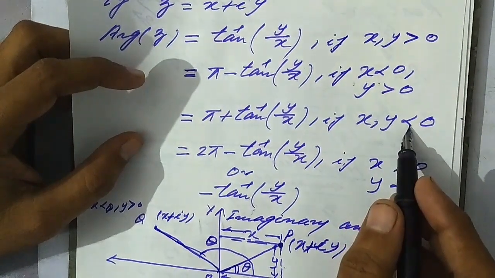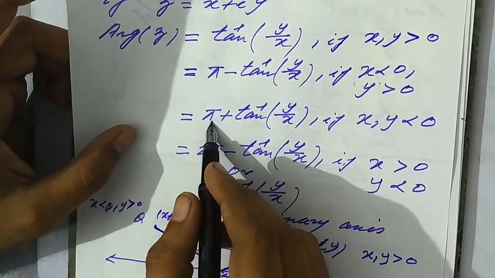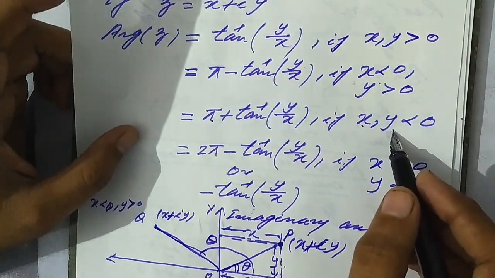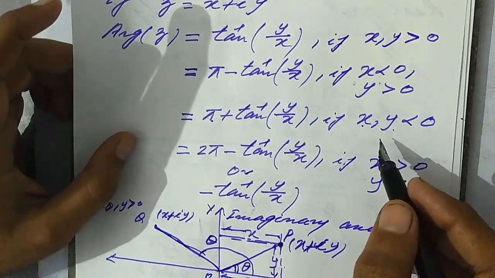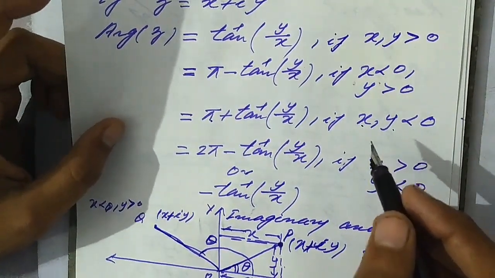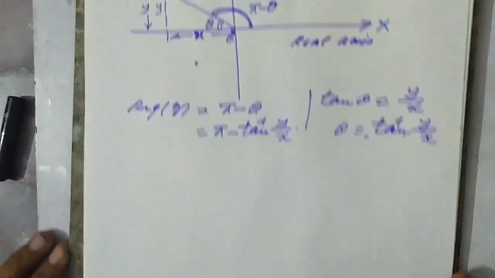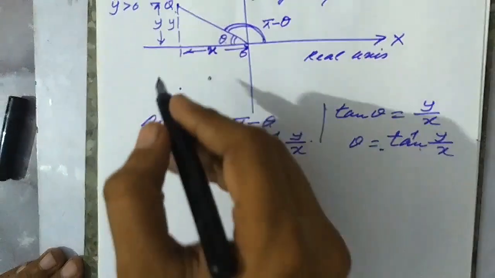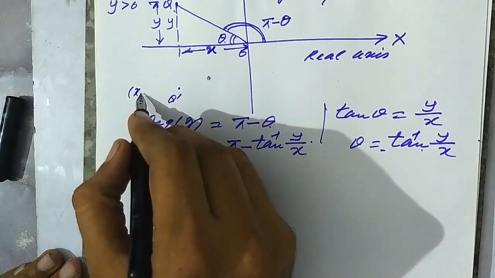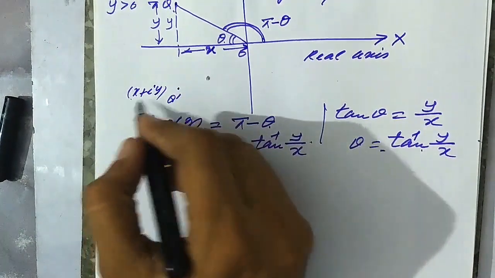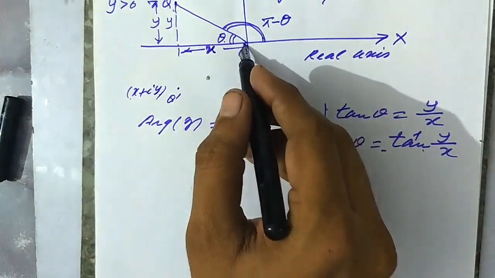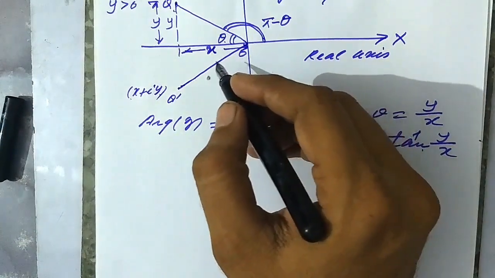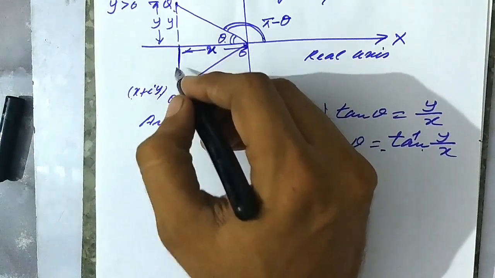x and y both are negative, and then argument z is taken as pi plus tan inverse y upon x, because if x and y both are negative, that means x plus iota y lies in the third quadrant, and if it is in the third quadrant, let it be Q dash, x plus iota y, where x and y both are negative. So x and y both are negative in the third quadrant, and if we join O and Q dash and drop a perpendicular from Q dash to x-axis,